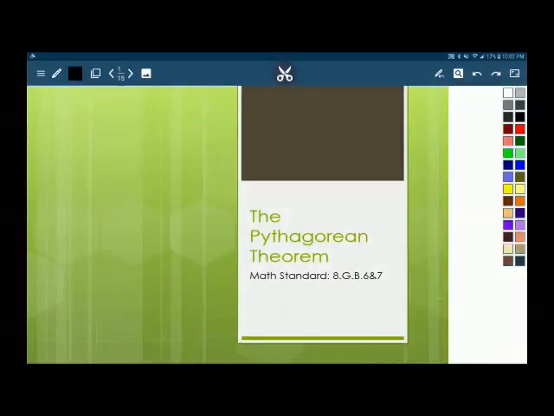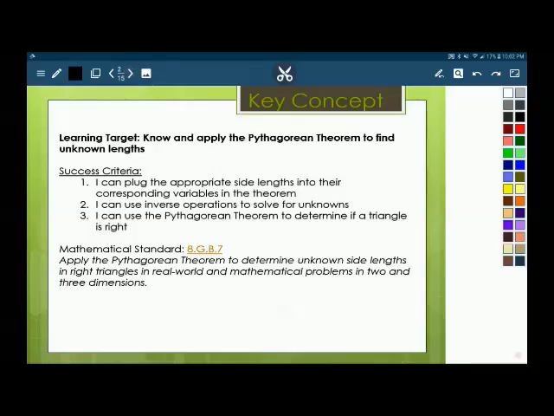We're going to be studying the Pythagorean theorem today, one of the most useful theorems that you'll ever learn, and it has to do with what we've been studying the past few weeks. It involves a theorem or a rule involving exponents. So the learning target here is to know and apply this theorem, the Pythagorean theorem, to find unknown lengths of